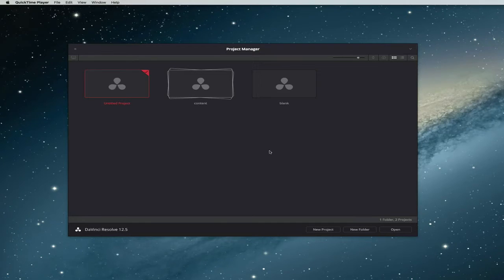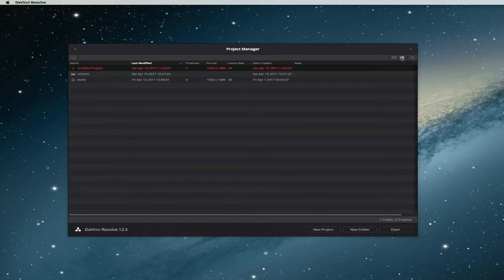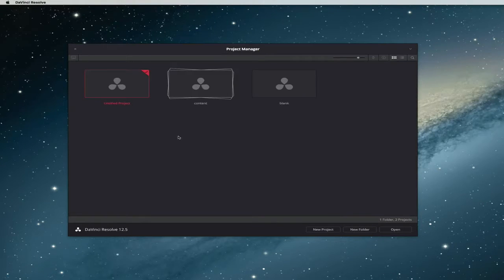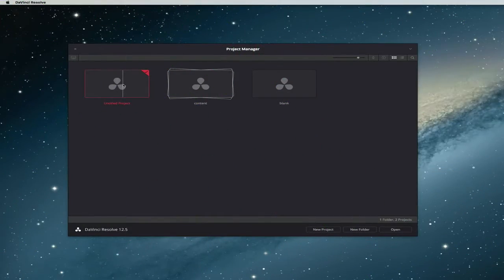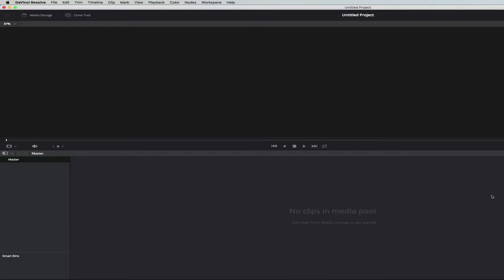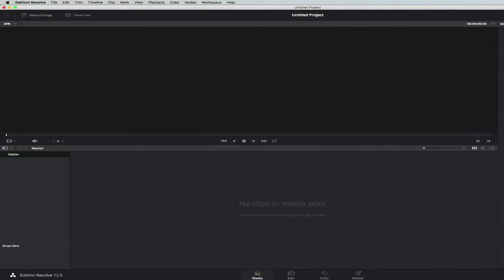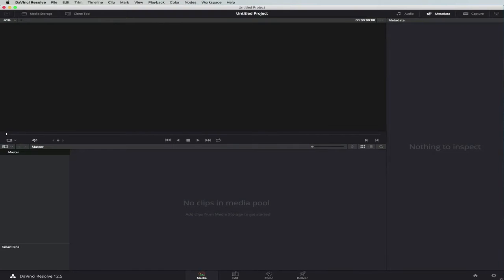You should initially be immediately confronted with the opening project manager screen, and you'll see untitled project. Now you can organize this screen in a couple of ways. You can have it as a list of items or you can have it as icons. So to begin with, click the untitled project and Davinci will open up. Now we get a screen that looks similar to this, and Davinci has four key areas that you will be